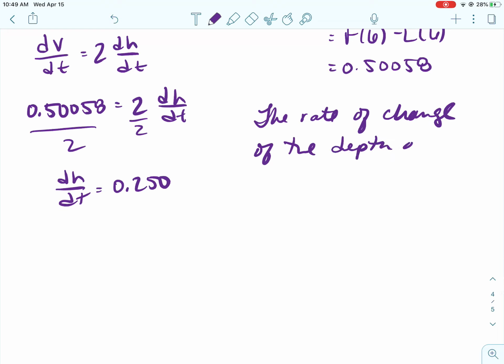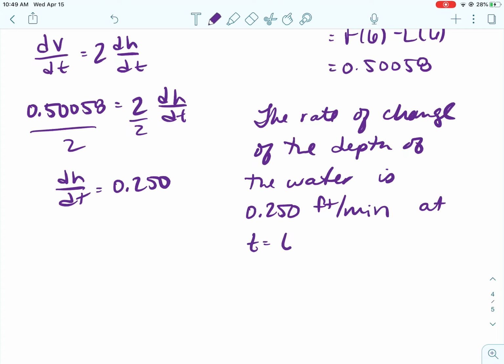And then you would want to write a statement that the rate of change of the depth, I just want to word it the way they did in the problem, of the water